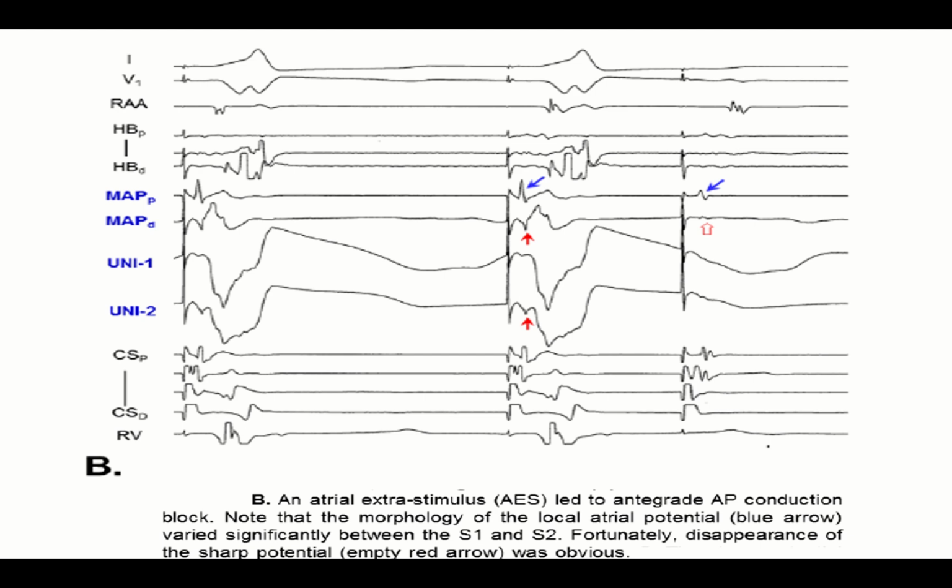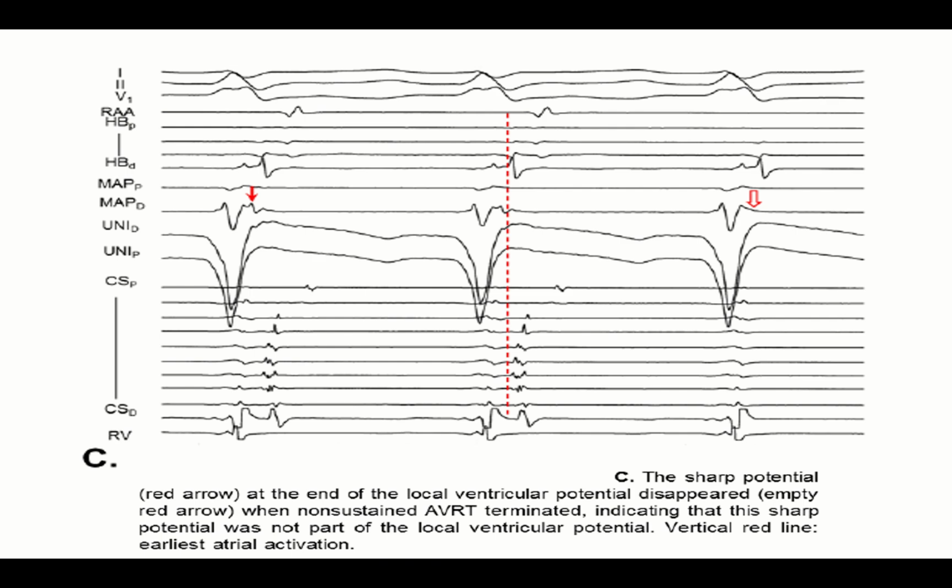Give atrial extra stimulus and see antegrade accessory pathway conduction. We can appreciate this one is an accessory pathway potential that disappears after this because of reaching the accessory pathway ERB. Now let's see AVRT. There is tachycardia in the beginning, and we can appreciate the accessory pathway potential that disappears after